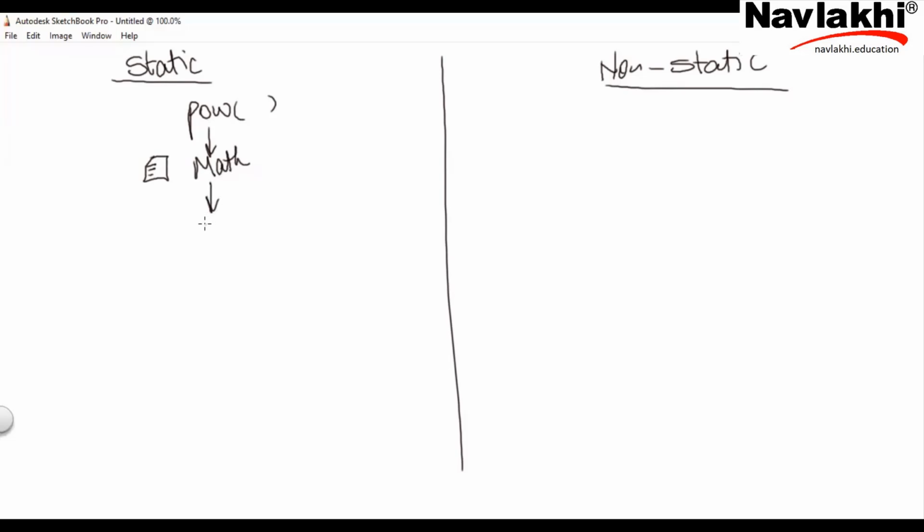Obviously, M capital, it's a class. And it is inside a package called lang, which is inside the Java package. I'm not writing the Java level, that's understood. So java.lang.Math.pow. Now this function is static. How will you know? You'll have to learn it. So another thing you need to know is whether a function is static or not.